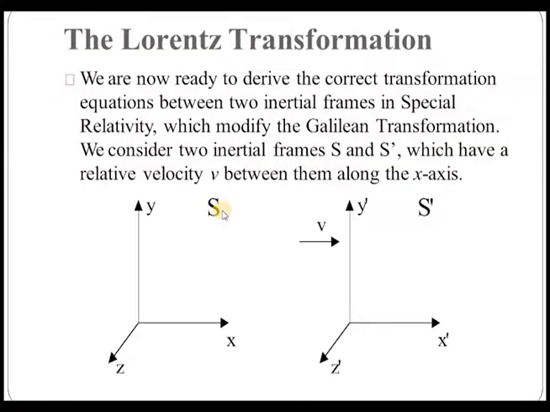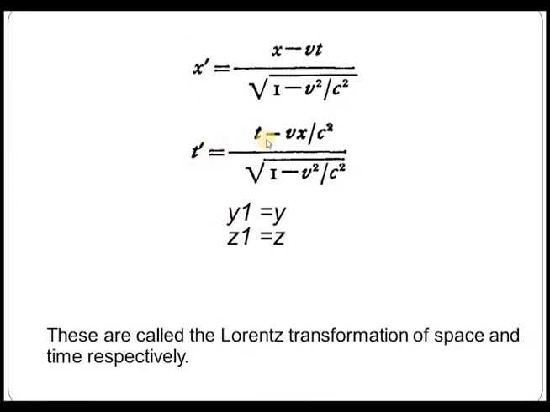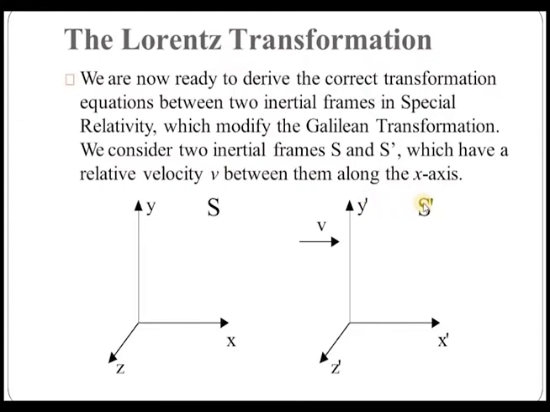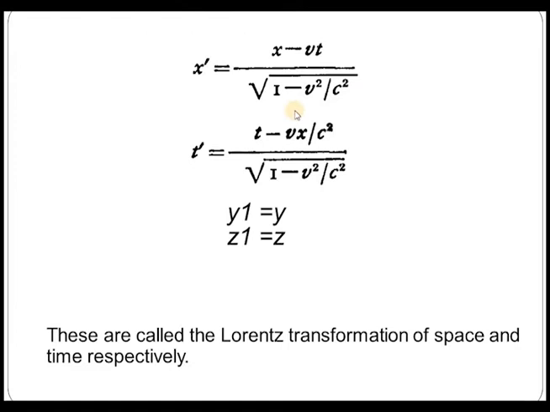We know the Lorentz transformation equation: t prime is equal to t minus Vx by c square. It is the transformation equation for the S prime frame, and this t is the time observed in the S frame. If we reverse it, what do we get? For a person standing in the S prime frame and observing things occurring in the S frame, he feels that he is at rest and that the S frame is moving with a velocity minus v. The same thing happens here if we reverse the condition.